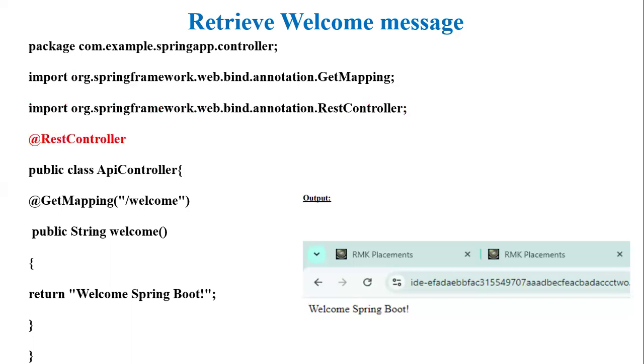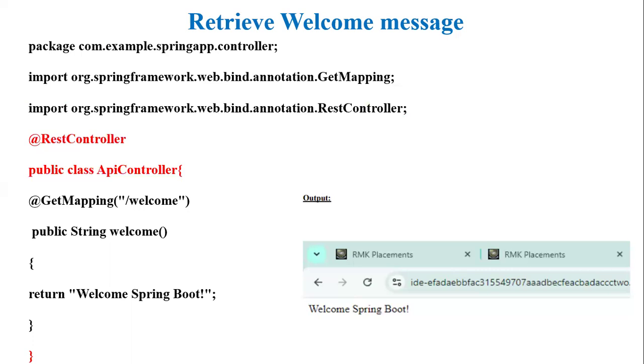Next, the annotation called @RestController, which marks the class as a REST API controller and tells Spring Boot that this class will handle web requests and return JSON or text directly. So the class called ApiController we have declared here is annotated with @RestController. This tells Spring Boot that this class will handle the web request and return the JSON